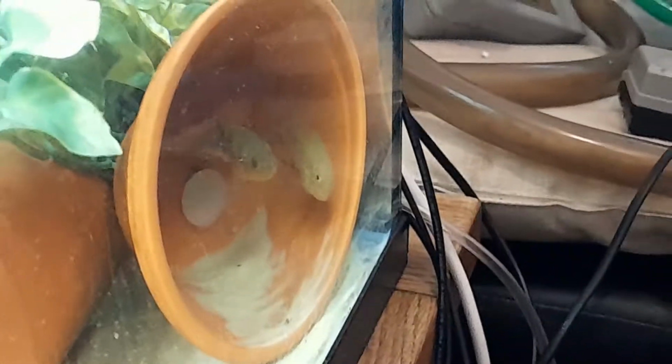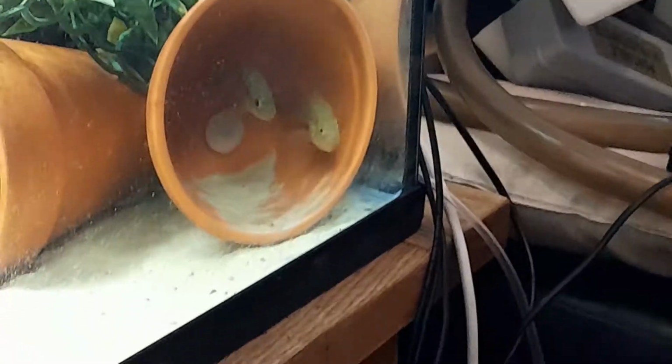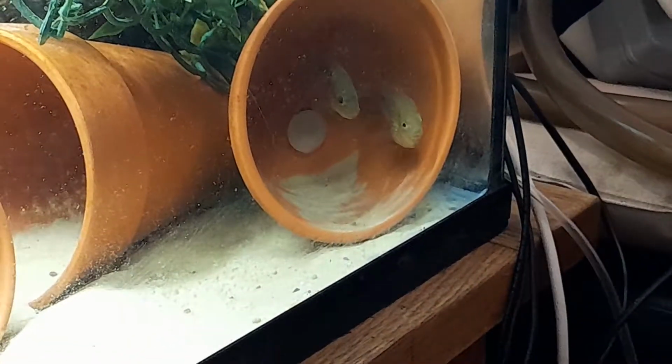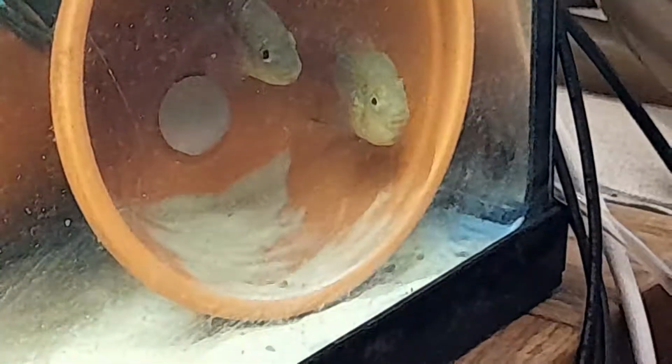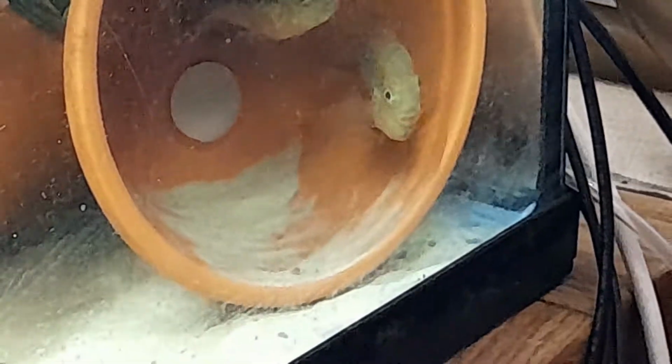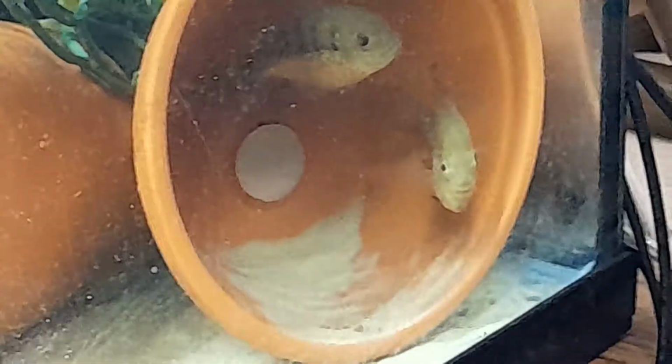I just want you to see the side of him so you can see the size of the head on this one. You know what I mean? It's got the same sort of hump on his head as a Costa Rican Dovii. But yeah, these are Rio del Oro wild caught Isuanum. They're a Capote,